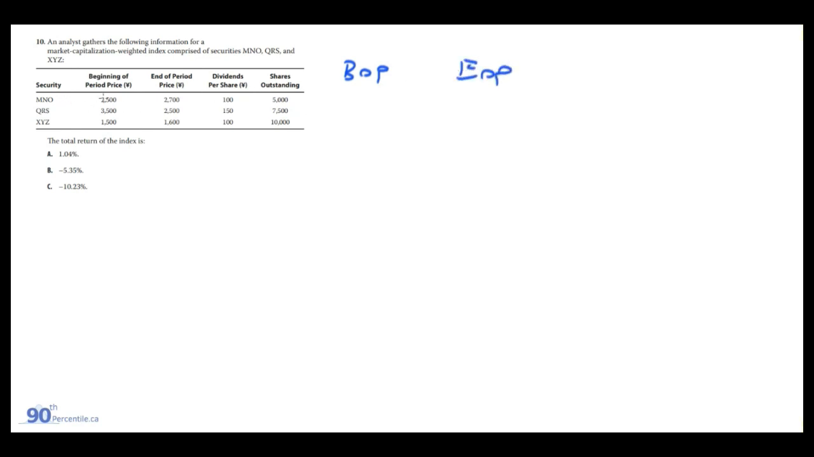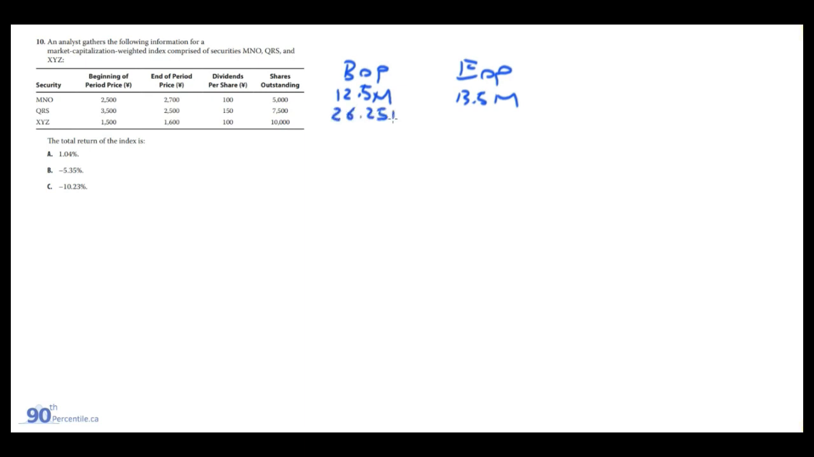So the first one for MNO is going to be the 2,500 times the 5,000 shares outstanding, and we're going to get 12.5 mil. Just keep it in millions, keep it clean. And the end of period value is the 2,700 share price times 5,000 shares outstanding, which is 13.5 mil. Moving on to QRS, it's the 3,500 times 7,500, and it's